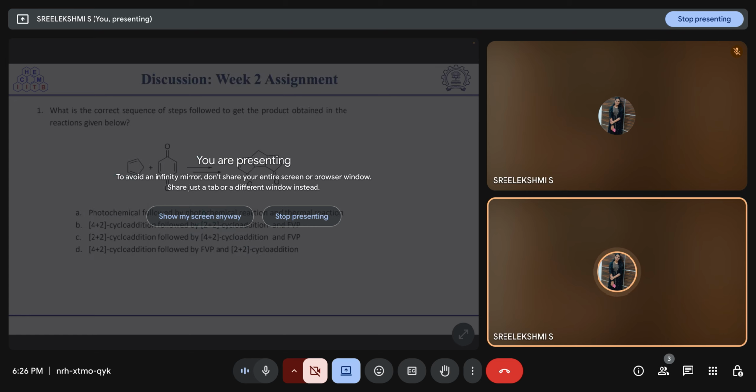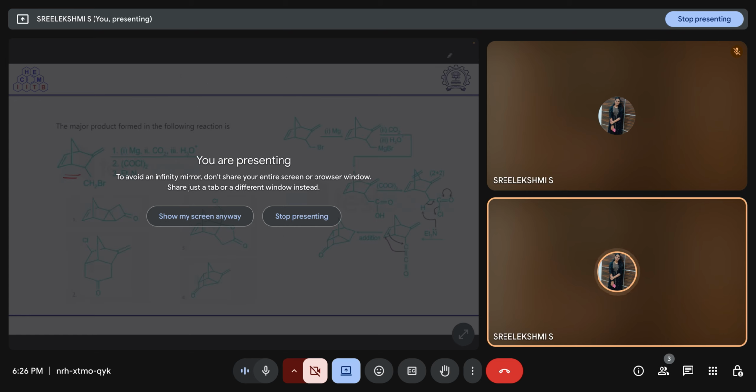So here what is happening is that under this magnesium condition this will form this Grignard reagent, and in the presence of carbon dioxide it will attack over this center to form this carboxylic acid. Then in the presence of this oxalyl chloride, a 2 plus 2 cycloaddition kind of reaction,